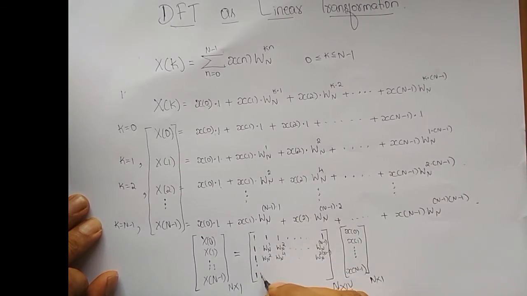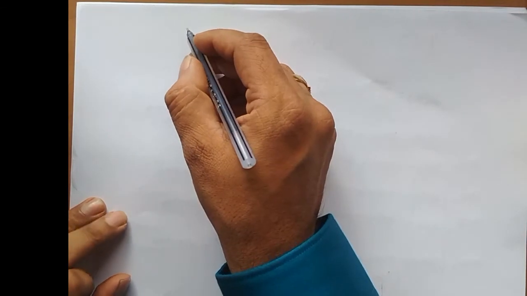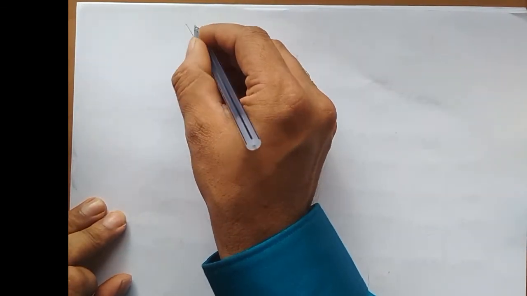What is the last row? Wn power 1 times n minus 1, Wn power 2 times n minus 1, and so on, Wn power n minus 1 times n minus 1. Okay, so this is actually a transformation matrix, right? This transformation matrix transforms the sequence in the time domain to the sequence in the frequency domain. So basically I can write this matrix-vector form in short as